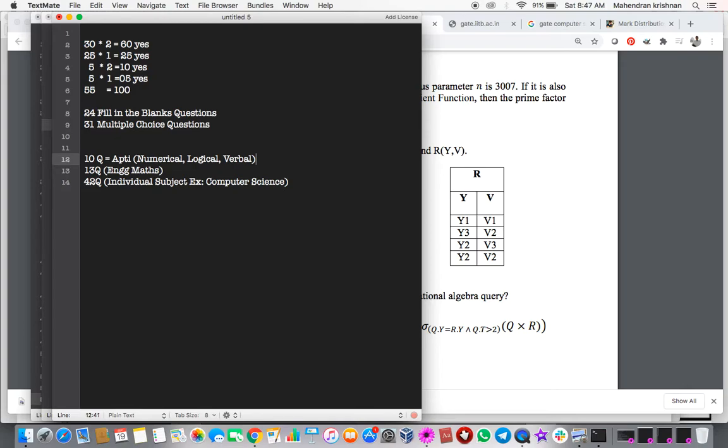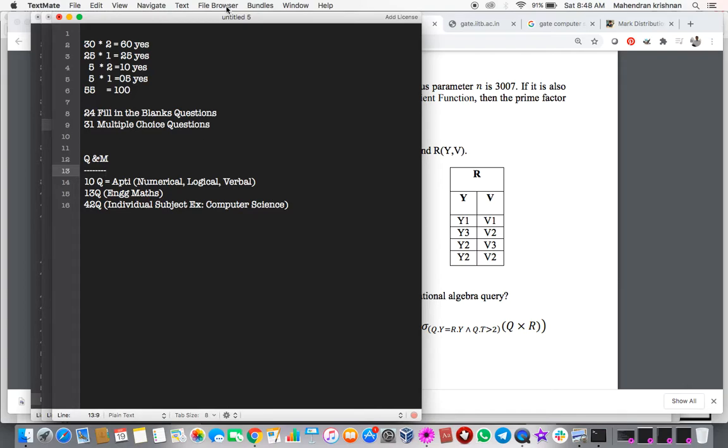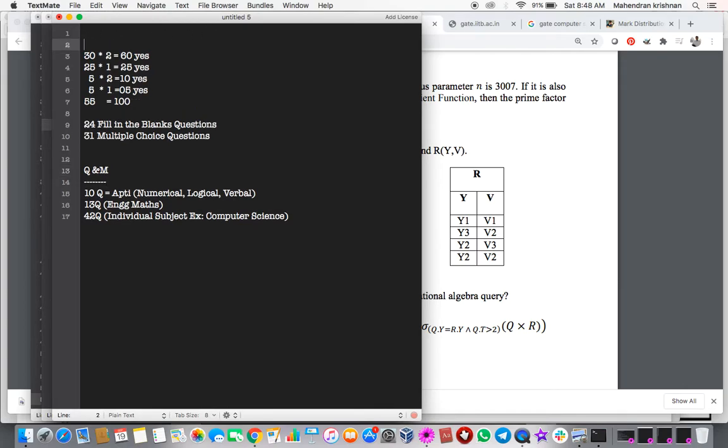Okay, so that's all. These are the question-based split-up, question and marks, Q and M. This is also Q and M. Multiple choice, and see, these two numbers are not fixed, so they could vary. It depends on the question paper, so this is not guaranteed. What is guaranteed is